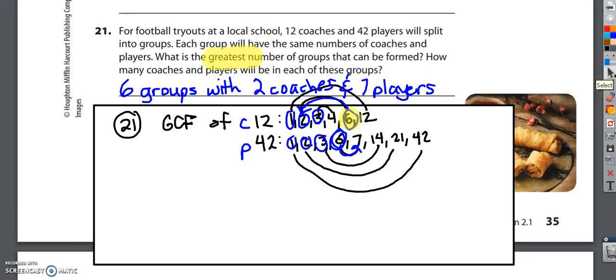Now I realize it's different. Number 20, I combined 9 and 12. I think it was 7 and 12. I combined them to get 19. So my answer for 20 looked a little different than 21. But it's because in number 21, I feel like they're asking me to list the players and the coaches separately. You wouldn't combine them. If for some reason 21 said how many people would be in each group, then we would add 2 plus 7, and our answer would be 6 groups with 9 people. But it doesn't ask that, so let's go ahead and move on